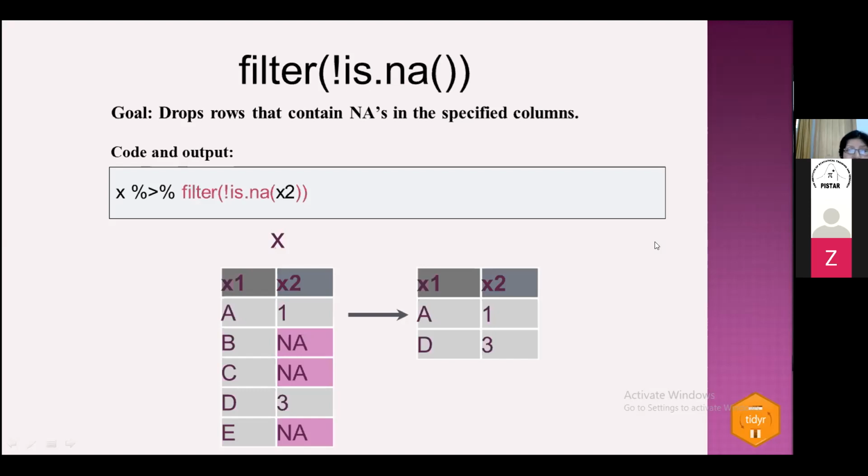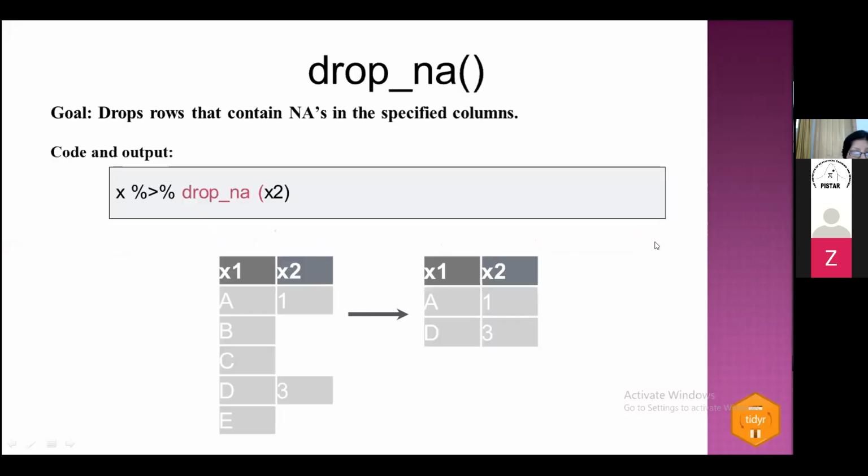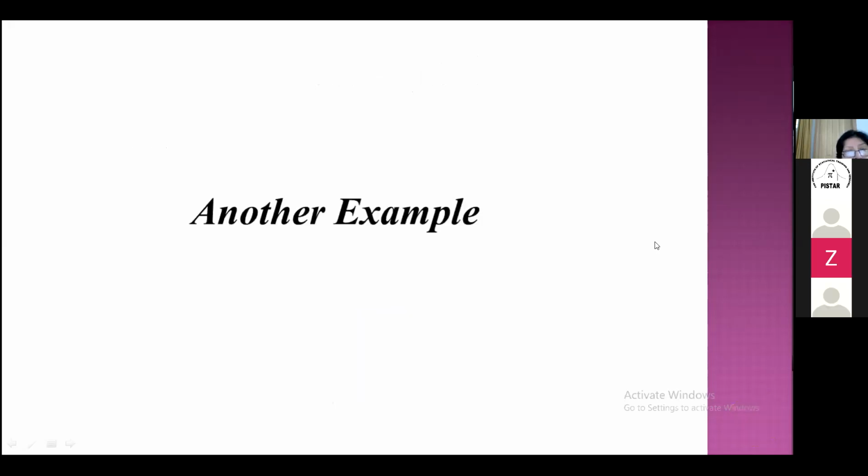Only A and D have been shown, but B, C and E are not shown because they contain NAs as values. Okay, an alternative approach that Dr. Sharqa has already shared with you is drop_na, and then the variable name from which you want to drop the NAs. Another example that she has already demonstrated is,